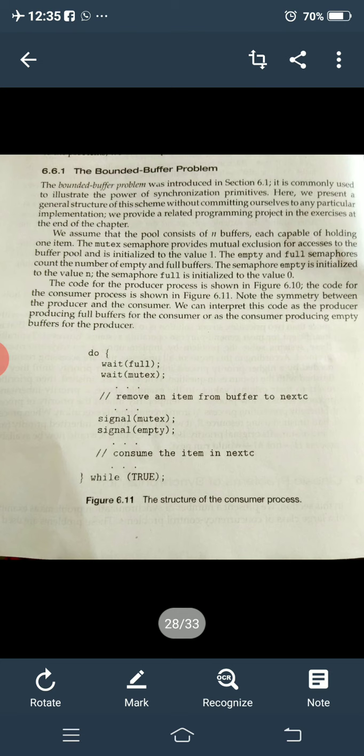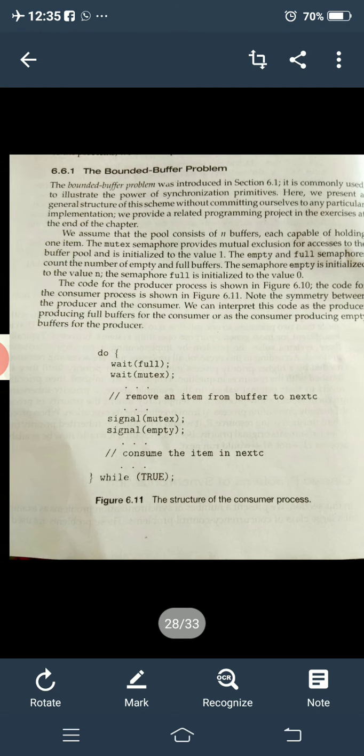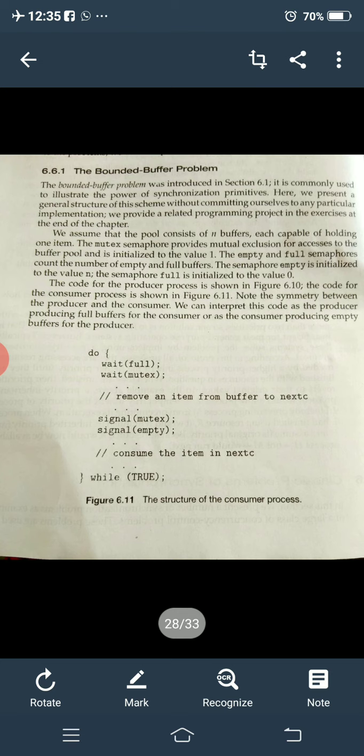We are using the two variables, full and empty. What does the wait function do? The wait on a semaphore will change the value of the semaphore variable full. And wait mutex: mutex is a lock, initially set to 0, false meaning 0.